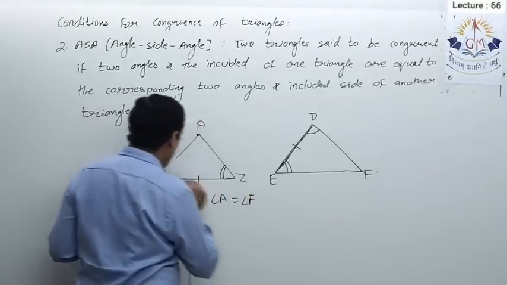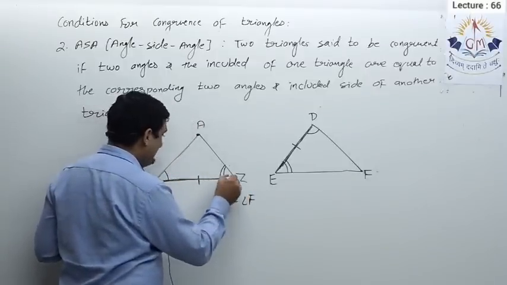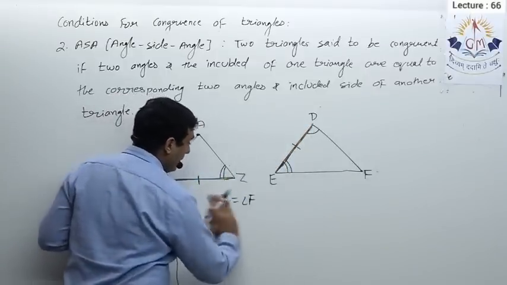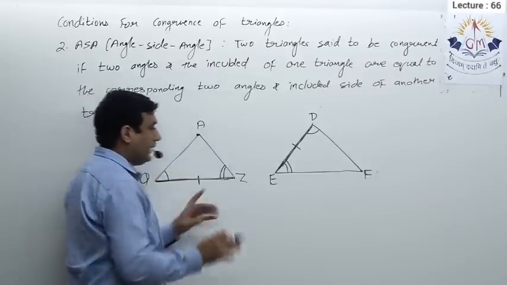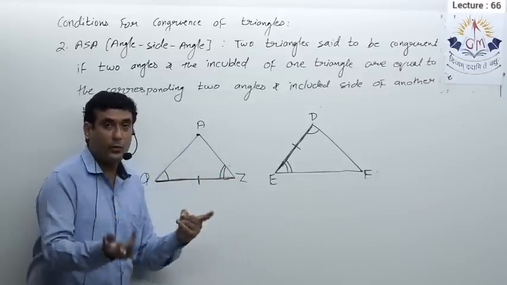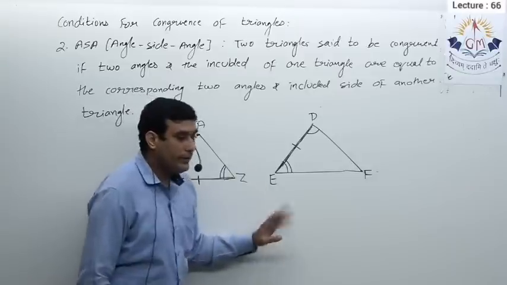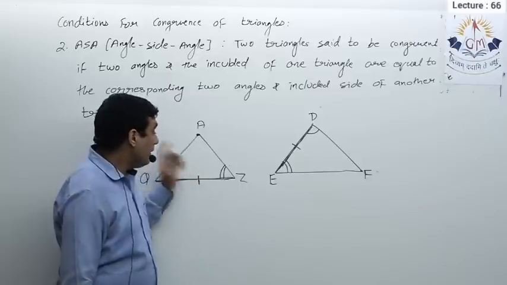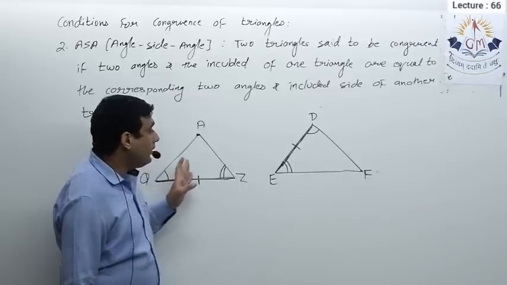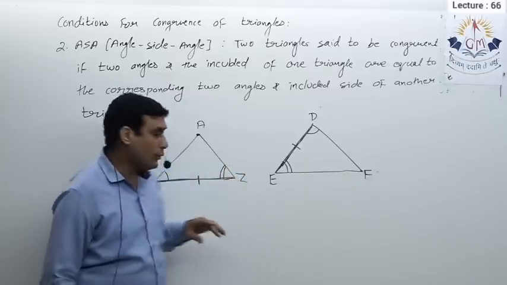Now A is equal to F because we have QZ equal to DE. Now we can also get one more piece of information. See, here we got the remaining angle. Now what about the remaining side? For the remaining side, again we can state a similar statement. That means the remaining sides will be equal, which are opposite to the equal angles.